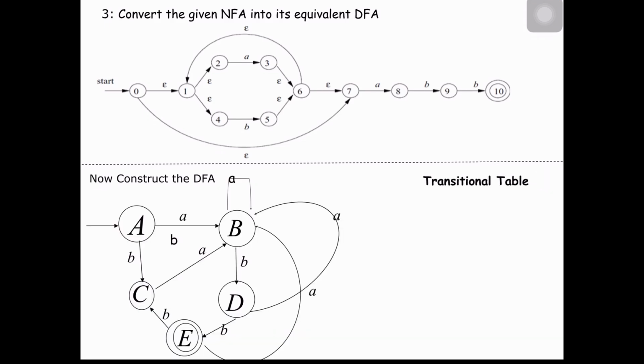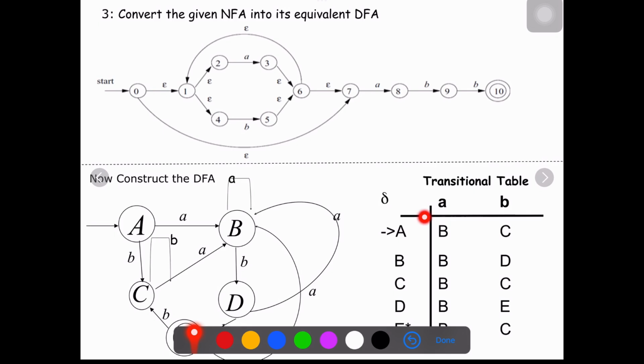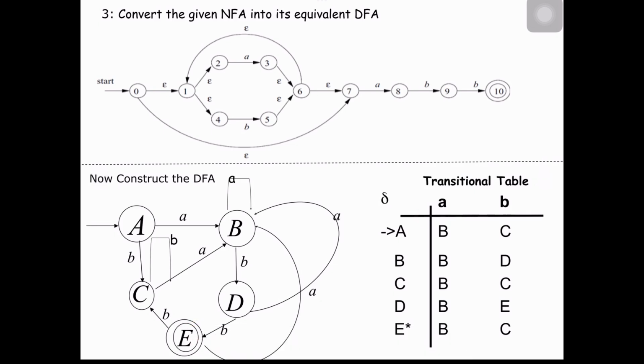It is all A, B, C, D, E, right? Then the corresponding transition table. A on A will go to B, A on B will go to C, right? Similarly for all of these. Why is E a final state? E is a final state since it contains